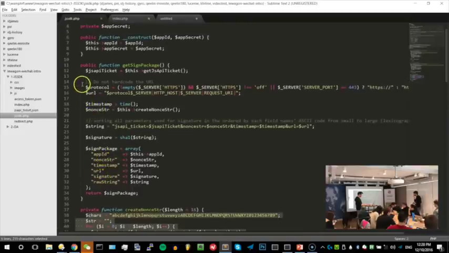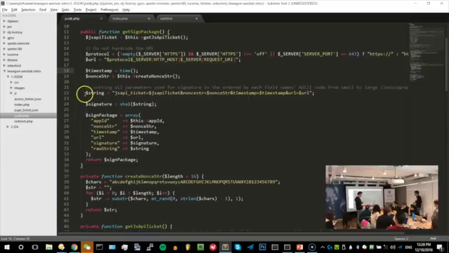And once you get all those four pieces of information, you create a string with all those four parameters. This variable is doing that, and that's actually the encryption function we talked about. It's called SHA-1, and it's going to hash the string to make sure it's not clear information, it's hashed information. And this string and this signature, you send back to the server. That's all. We did everything.